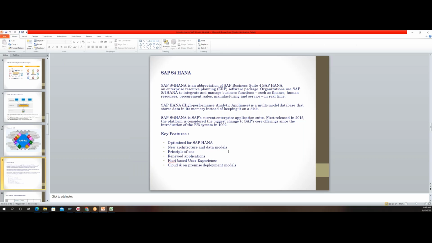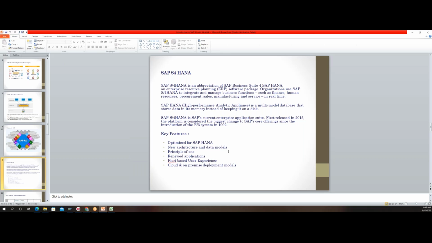The tables are not the same. The information which was saved in the previous concept, we had more tables. Now SAP has eliminated tables which are not much in use, and where multiple tables are combined together and producing the same information that is required. So the new architecture has come up.